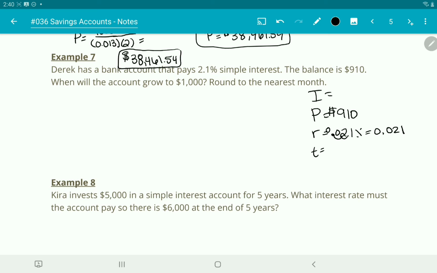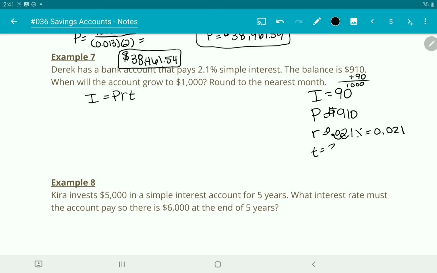When will the account grow to 1,000? Okay, so we want the whole account to be 1,000. If they only have $910, what would they have to add to get to 1,000? They would only need $90 more in interest. So they need to get $90 in interest in order to hit 1,000. So we again